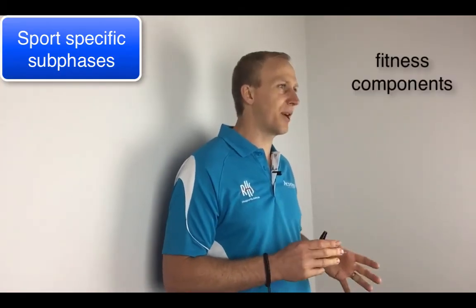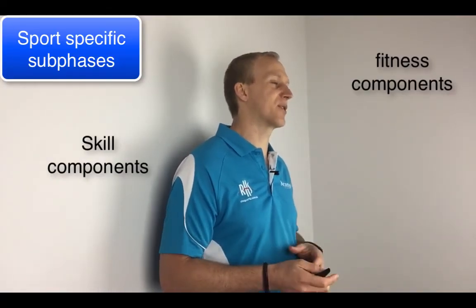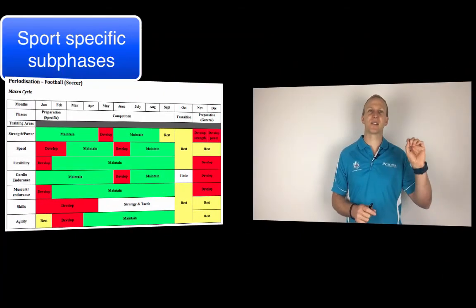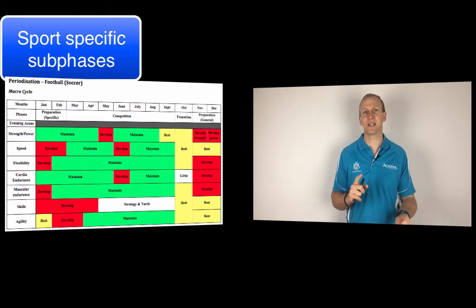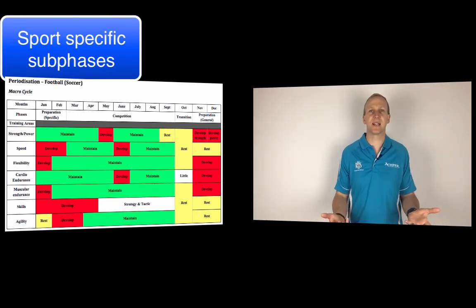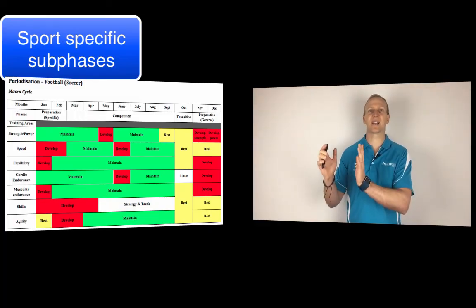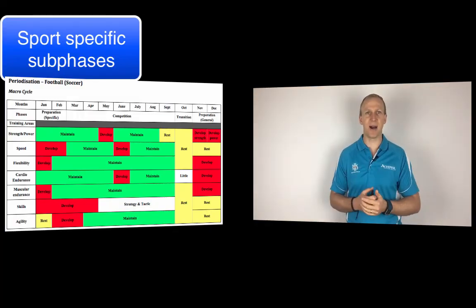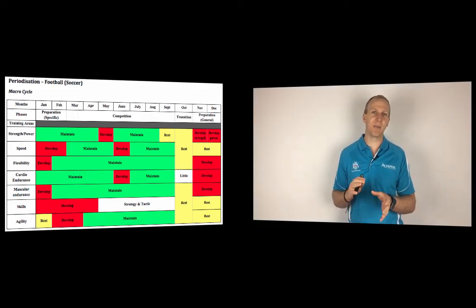Now, sport-specific subphases is our last dot point. These include the different fitness components and skill components that are required for the sport, and when they're going to be focused on for training. So if you think back to that big chart that I had, I've chosen when I'm going to focus on the different things. So when I'm going to focus on cardiovascular fitness, when I'm going to focus on muscular endurance, strength, power, flexibility, etc. When am I going to focus on these things? That's all about the sport-specific subphases. So when am I going to break that down and say, okay, this is my focus during this big part of my macro cycle. So this focus is normally done in meso or micro cycles.